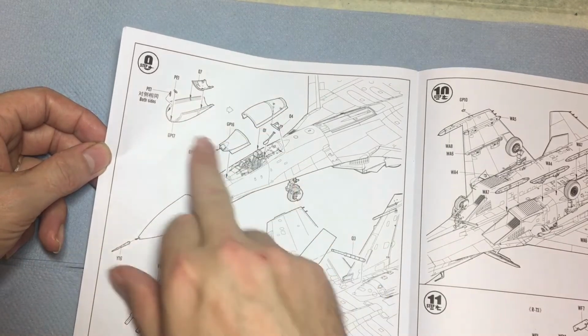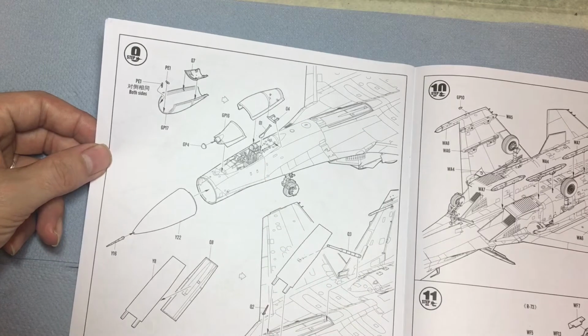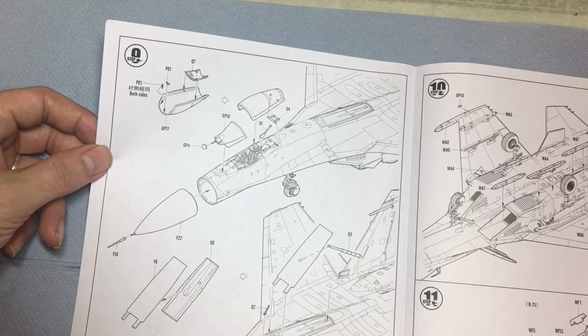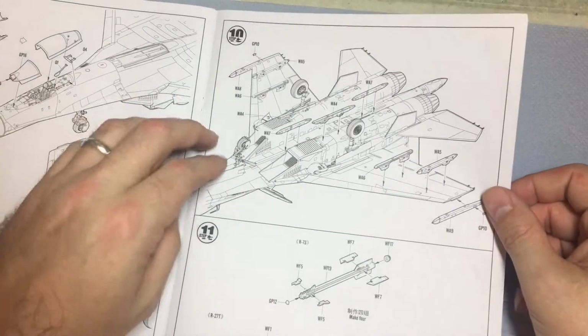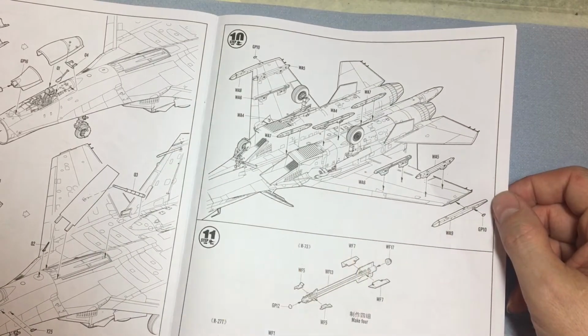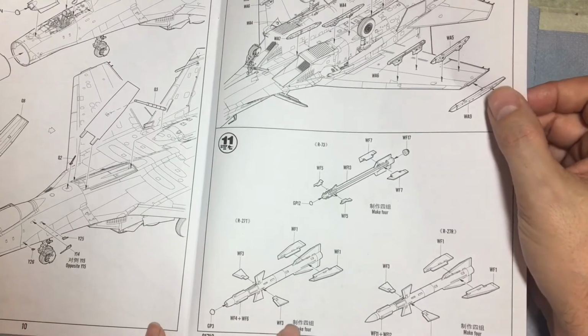And then we've got the canopy going on. The air brake up. I will probably model it up. Pylons going on all the hard points. Step 11 is onto the